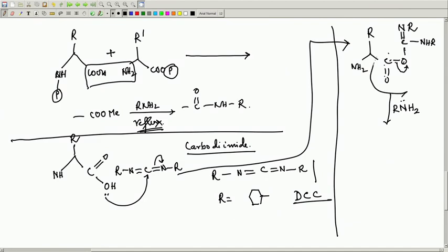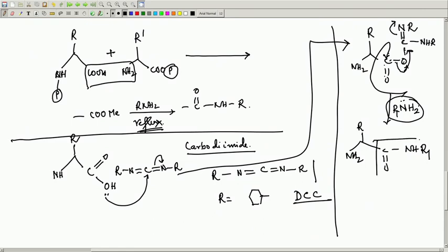So, RNH2 now goes and attacks the carbon, and this goes out. This is exactly the reaction that takes place. So, what you are getting is R NH2 and CO NH. Now, remember this RNH2 I have abbreviated it. This RNH2 now represents the NH2 of the other amino acid. In this case I just wrote R, simply R, but suppose make it R1 NH2, okay, to make it different from the two R's. So, you get your desired peptide bond if this happens to be an amino acid.